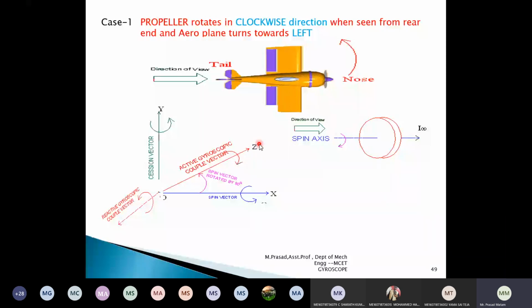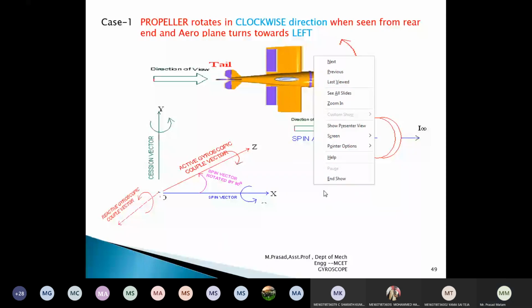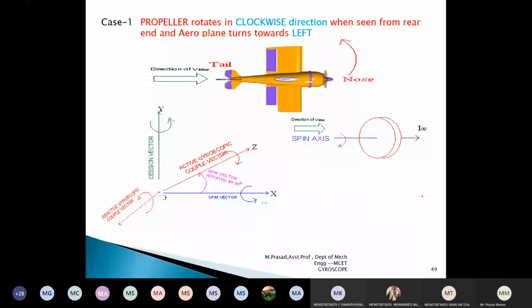Okay. Now let us discuss the gyroscopic effect here. So if we see the aeroplane diagram, how active couple is moving, I want to draw a line diagram for this one. So for this aeroplane, how is active couple moving? If I see, this is my left hand side and this is my right side, left turn and right turn. Active couple is moving from left to right. I'm showing here. I'm writing this as active couple.